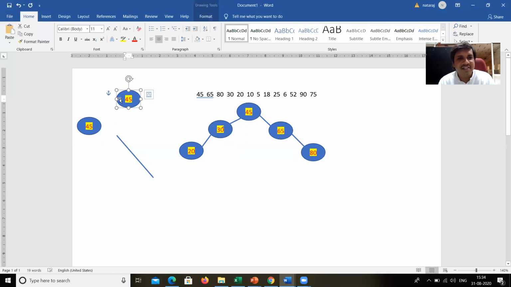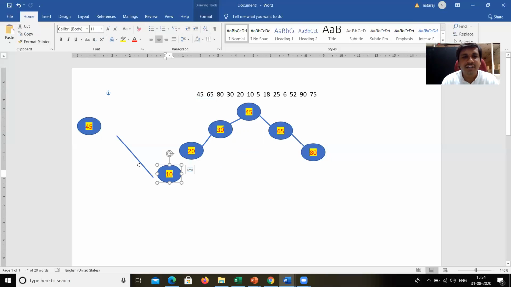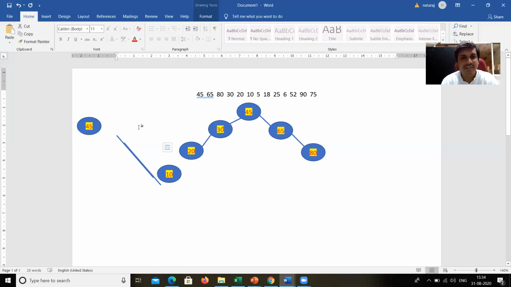Now the next element is 10. Fine, 10 is less than 45, less than 30 and less than 20. So it is left of the 20. And the next element is 5.